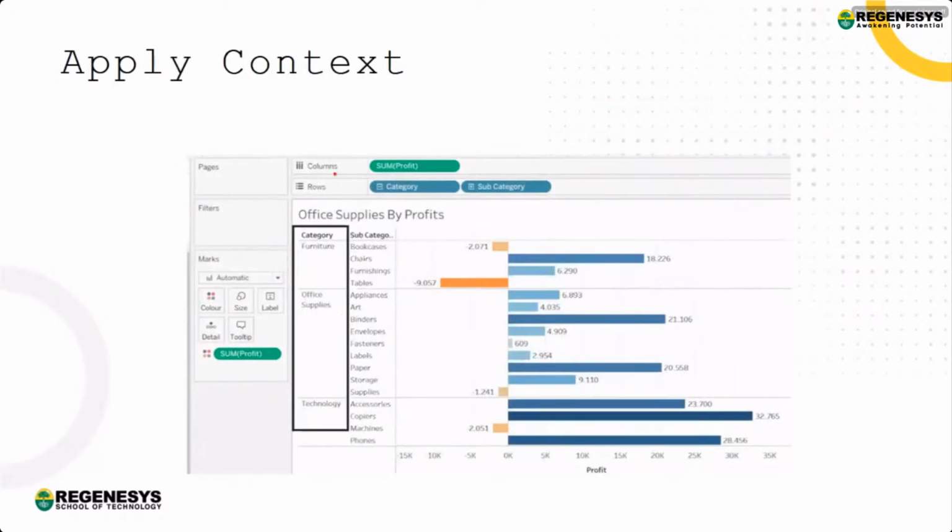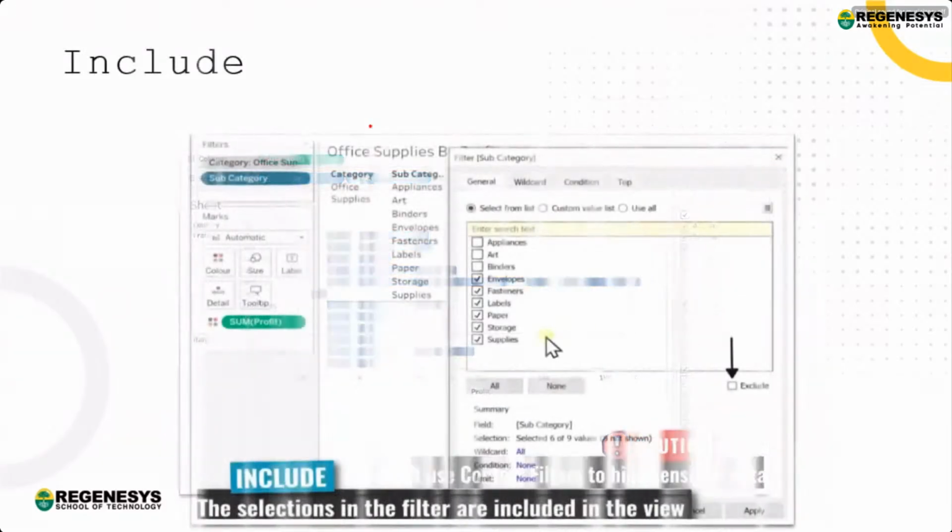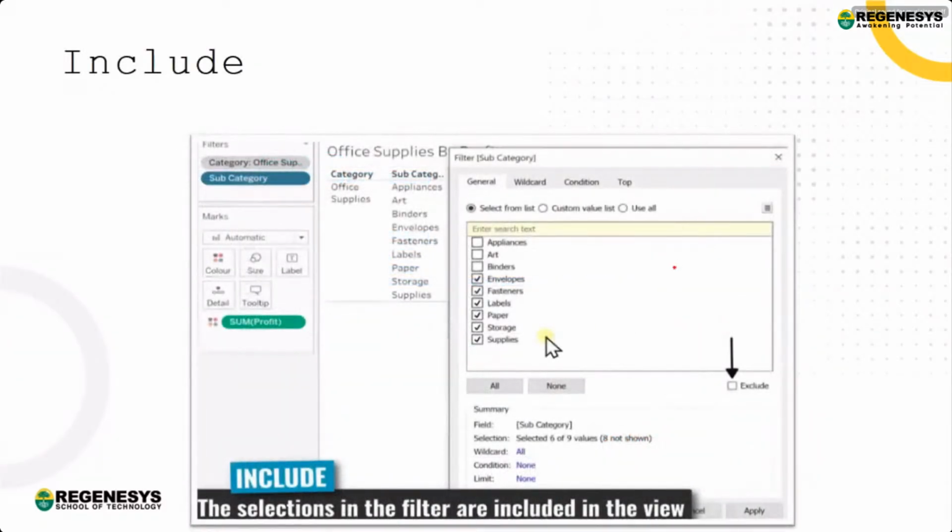Now how to apply the context filter. For the context filter, you can see the context is on the first, high level of your data. So it is category in this particular example.